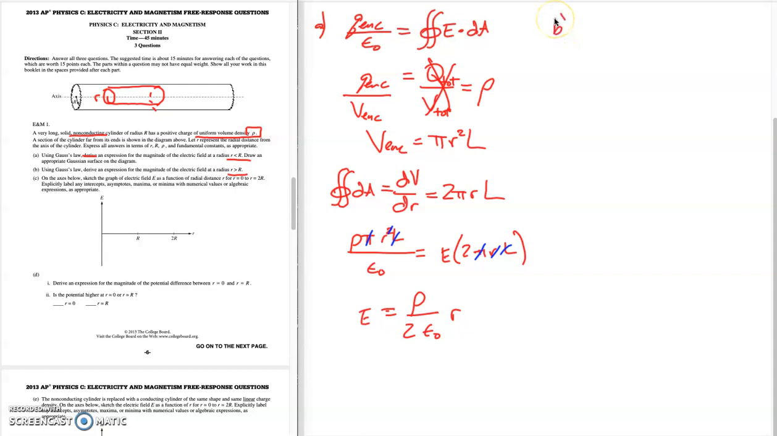Part B. Derive an expression for when we're outside. So let's take all of the work from part A, and the only thing we're going to change is this V enclosed. Once you've enclosed all of the charge at the edge of the cylinder, stepping off the cylinder, you're not going to enclose any more charge because that's empty space. So if we make our new Gaussian surface this guy, and you don't need to do this on the actual test,